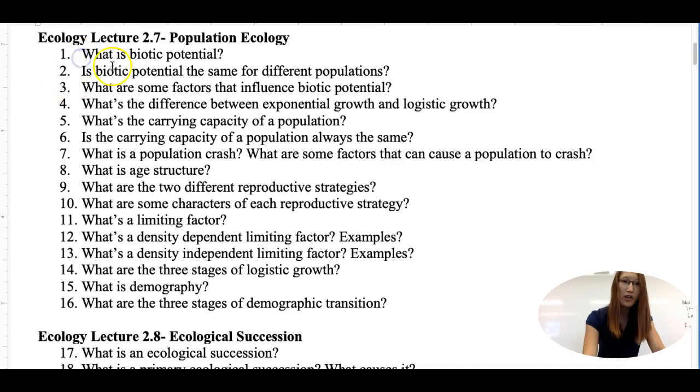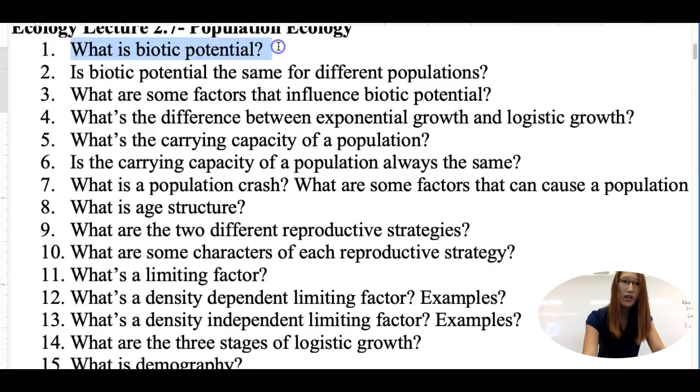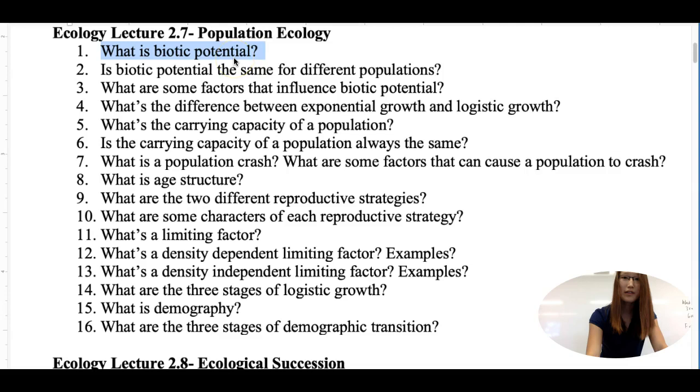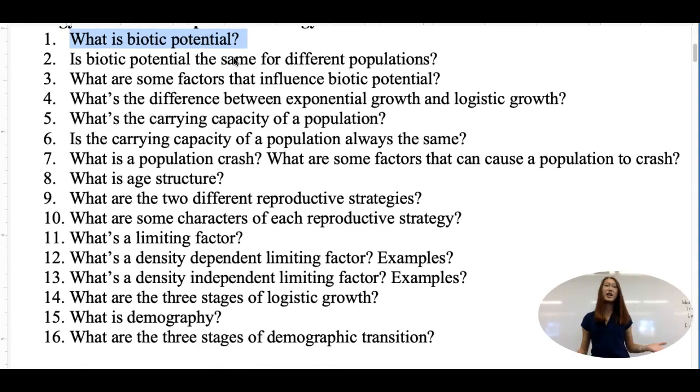So the first question is question number 1, what is biotic potential? The thing about this question is that sometimes a student might answer that biotic potential is related to the amount of resources or natural disasters or the amount of competition in a population. That is incorrect because whenever we talk about biotic potential, we already assume that this is a perfect condition. How fast can a population grow at perfect condition? Or you can say, what is the highest rate of population growth when the environmental condition is ideal, which